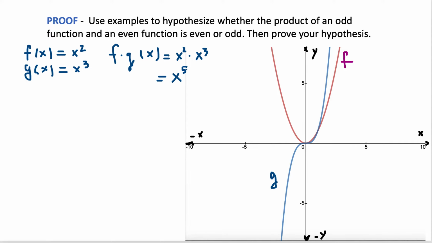X to the fifth we already see is an odd function, and it's going to be similar to the x cubed function, but a little bit wider. The graph of the function is going to be a little bit wider, but again it's going to be symmetric with the origin. And if you see the exponent here, the exponent is odd. In other words, always